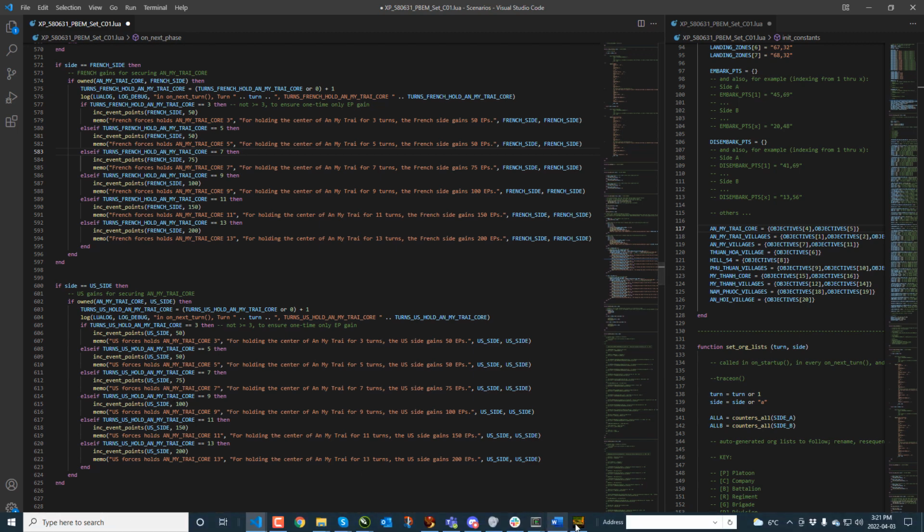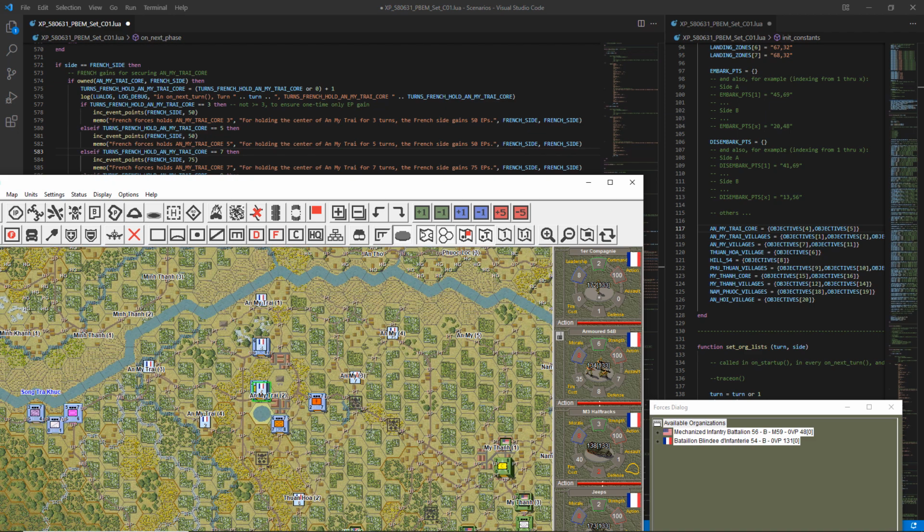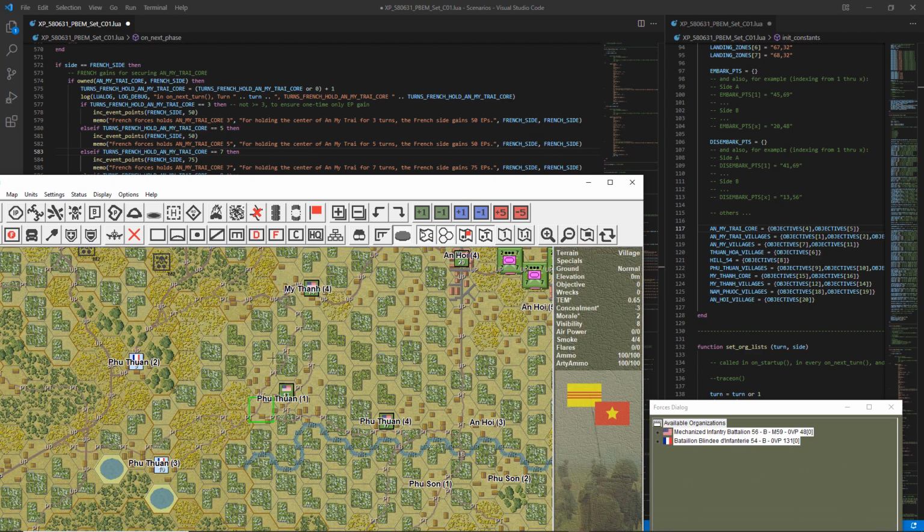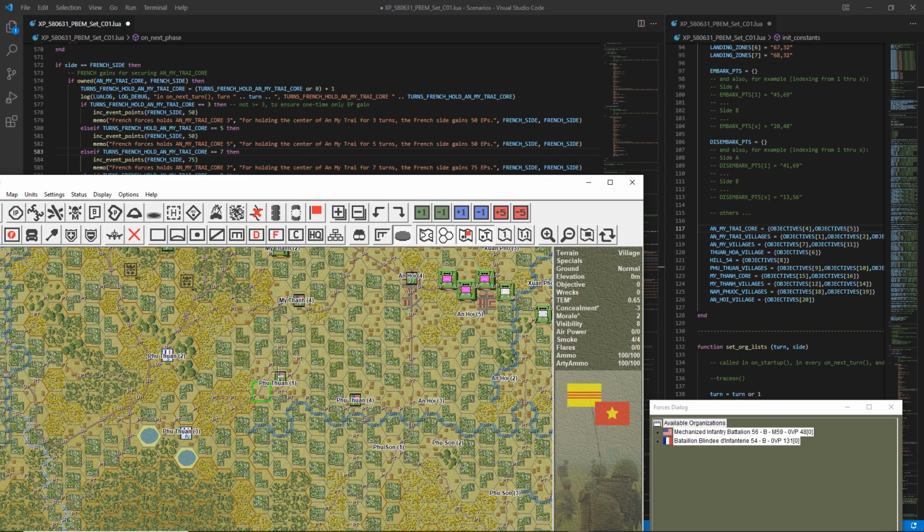So looking at the main area in the south here, right now, no one owns this entire area. So therefore, no one is going to collect points, not until they own all 4 of those objectives. Now, you won't know what those objectives are because they're not signed out for you. But fortunately, they're all named with the same name. So it's fair to assume, okay, if I hold all of those villages,